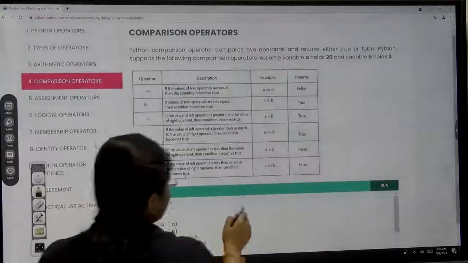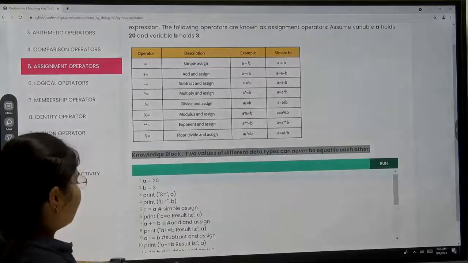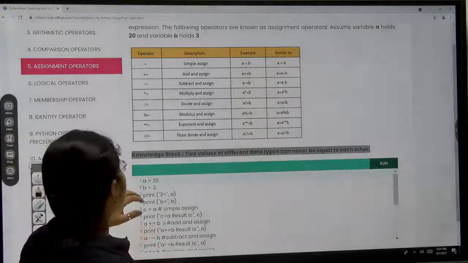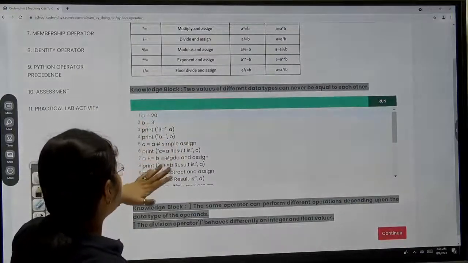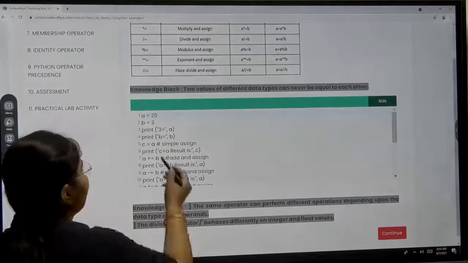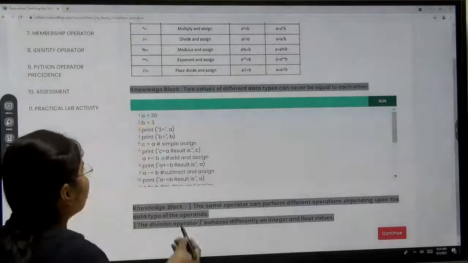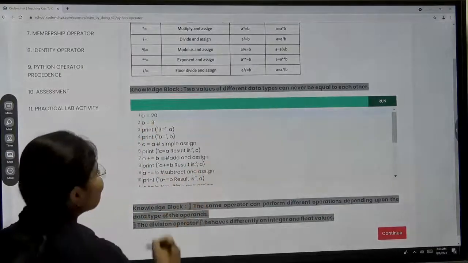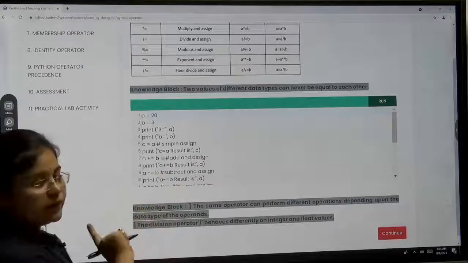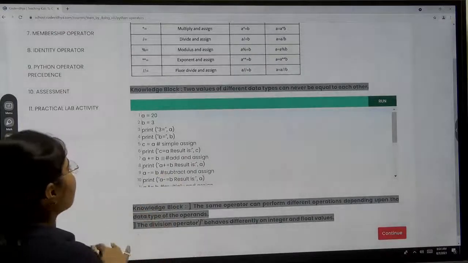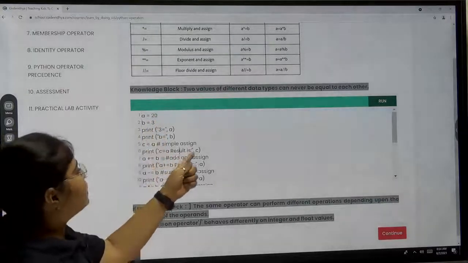So we are learning the assignment operator. Now you can see with the same example, maybe there is some declaration or definition issue here. Okay, so you can see here A is equal to B is equal to 3, and we have printed the values of A and B. Then C assign A, it means the value of A will be assigned to C. So here the value of A is 20. If you print C, we are getting an error because it's getting the C result here only. If I make changes here, then it will be okay. You can understand with this example only. C assign A, what is the value of A? 20. So here the result will be 20 only.